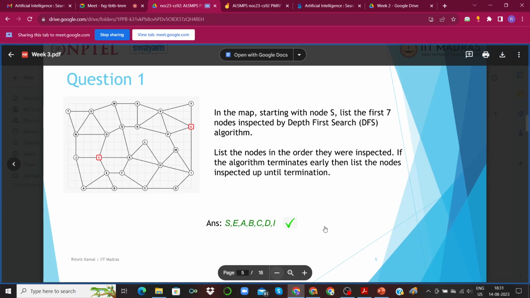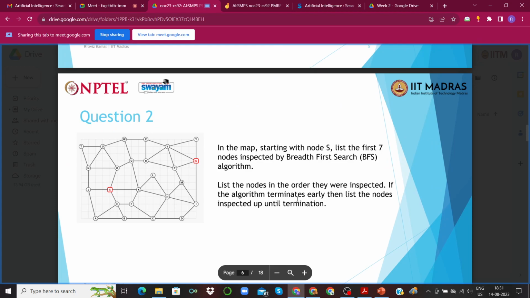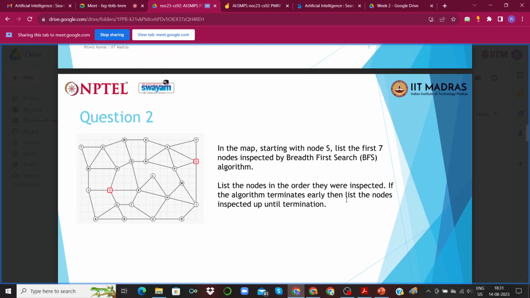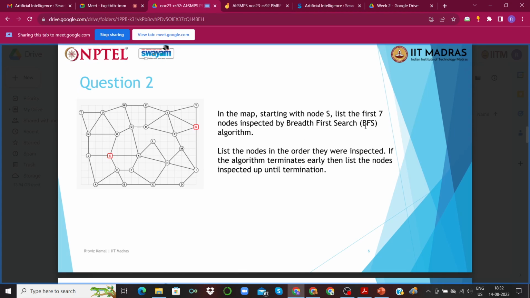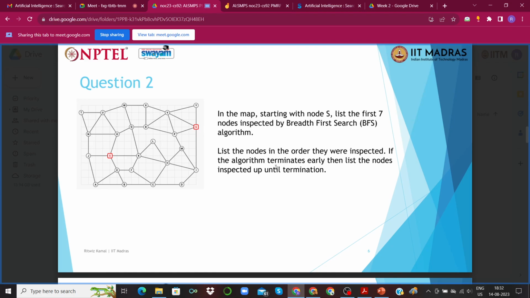All right. So we solved this question using the depth first search method. Now we are asked the same question. We are asked to report the first 7 nodes that are going to be inspected by the breadth first search algorithm. And as I explained before, in case of breadth first search, it starts to explore the neighborhood instead of going along a particular depth. So we again have to report the first 7 nodes inspected. If it reaches termination, we just have to report the nodes inspected up until termination, and the same assumptions hold. The moveGen function order will be decided by the alphabetical order, and we have to start from the start node.